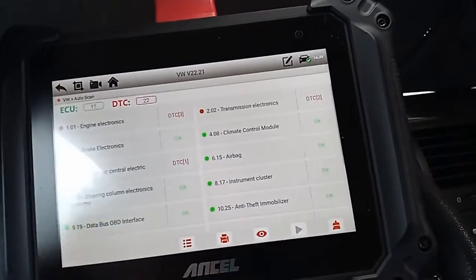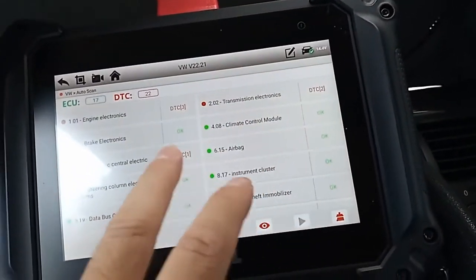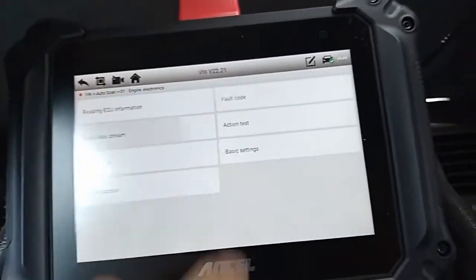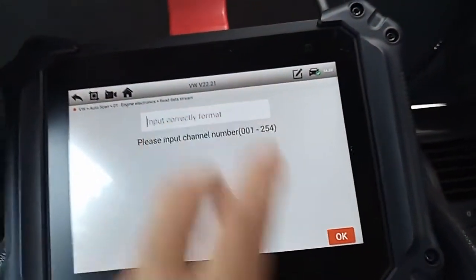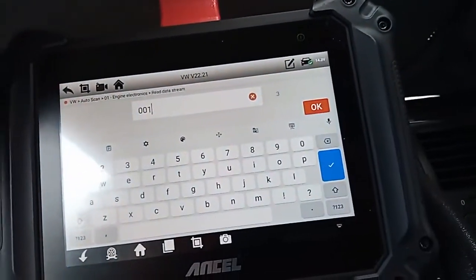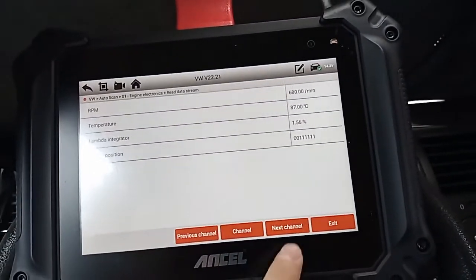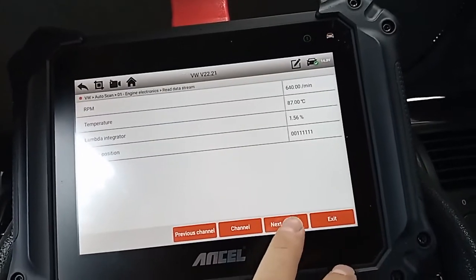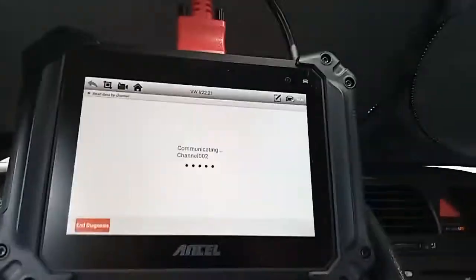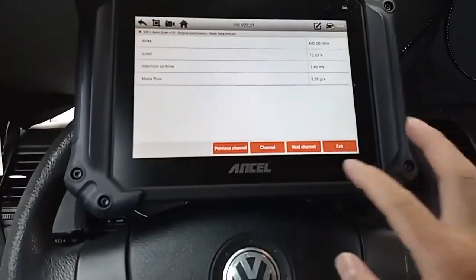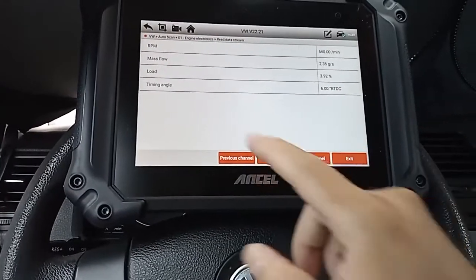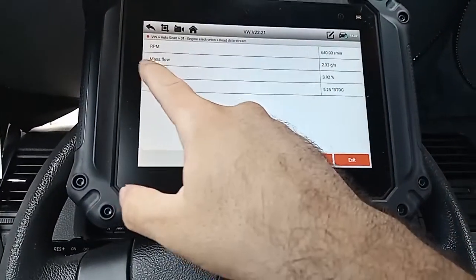Finish. So now we are on the engine electronics. Read data stream. We'll just go the same way. 001. I'll do OK. So let's see. Show me the temperature. And I'm not gonna walk you through all of these since we already know what that does, but I just want to see a couple and see if it changes. There we go. RPM, mass flow,